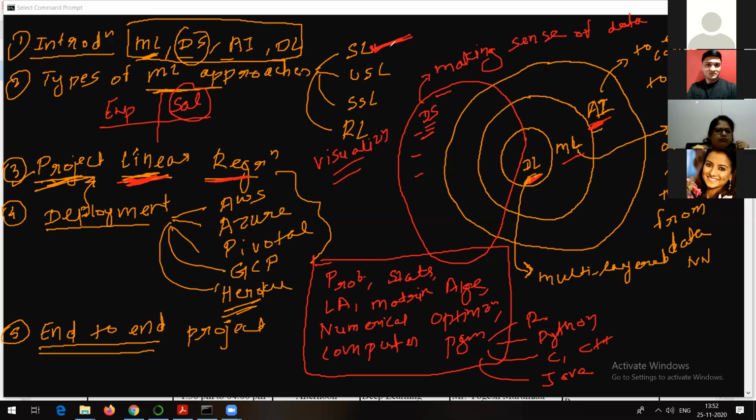So with the help of supervised learning, you can solve problems like regression, or I can call it prediction, and you can also solve problems of classification with the help of the supervised learning approach. What is the unsupervised learning approach? The unsupervised learning approach is something where you are not aware of the input as well as the output. For example, the types of problems which you can solve with the help of unsupervised learning are clustering.